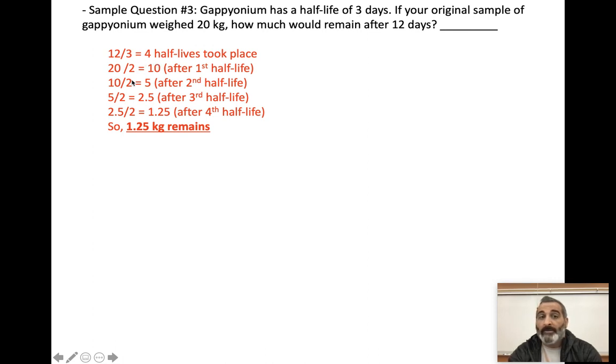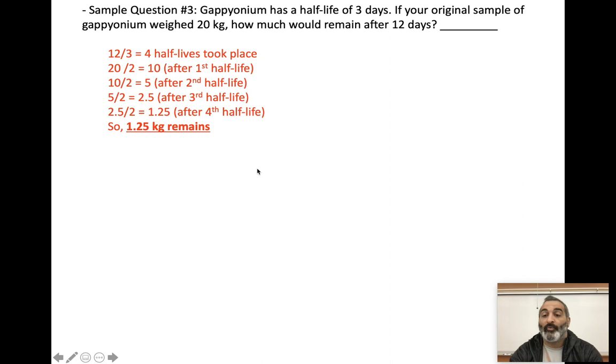So we started with 20. 20 divided by 2 is 10 after one half-life. 10 divided by 2 is 5 after a second half-life. 5 divided by 2 gives me 2.5 after a third half-life, but we need 4 half-lives, so 2.5 divided by 2 is 1.25 remaining after 4 half-lives. So the answer is